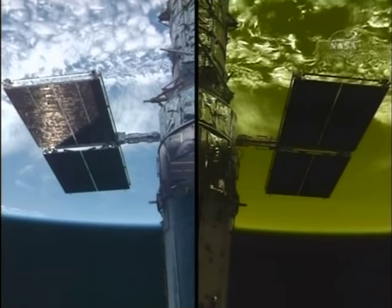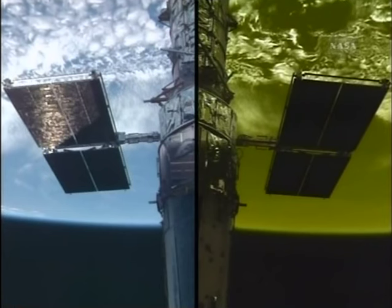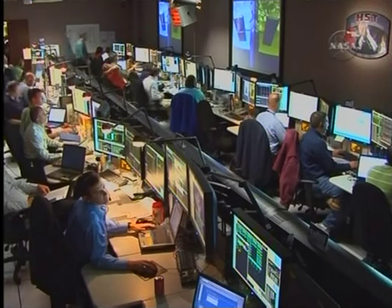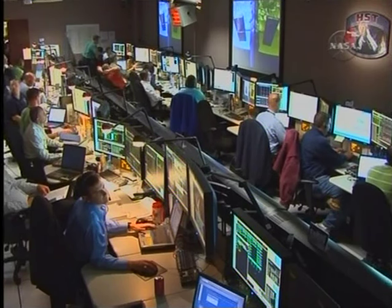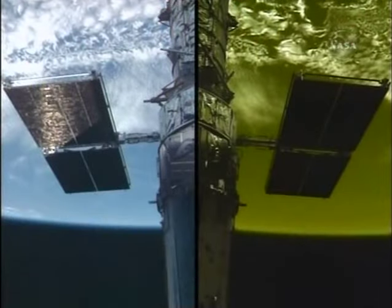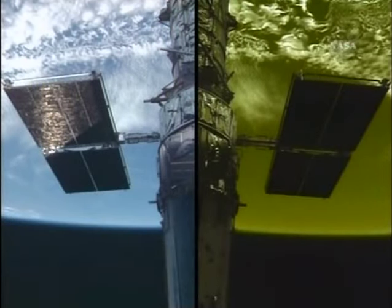Telescope Operations Center has reported to Mission Control at Houston that the solar array slew is complete at 4:07 p.m. And we anticipate a call to Commander Scott Altman to...